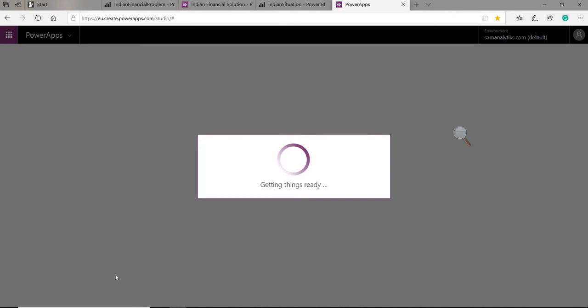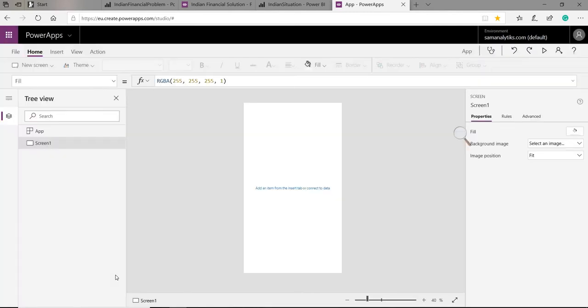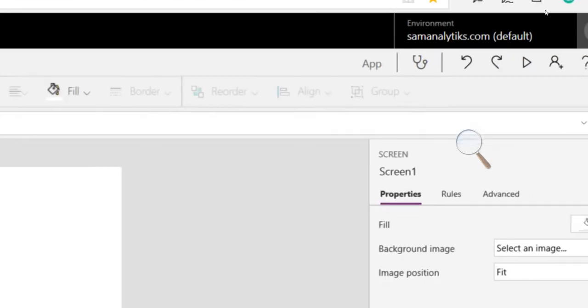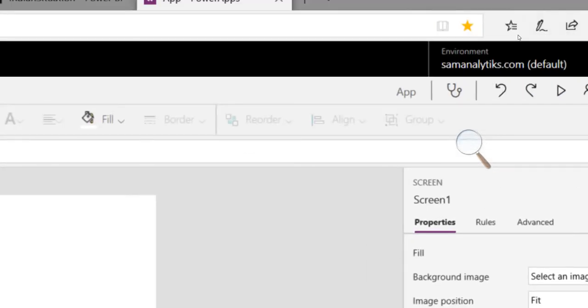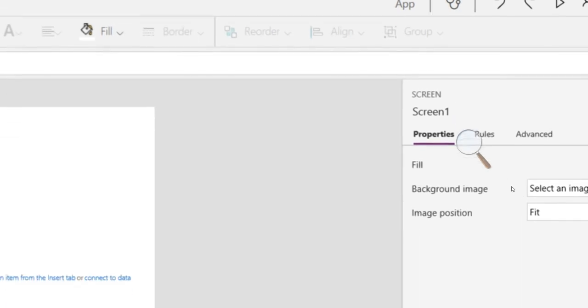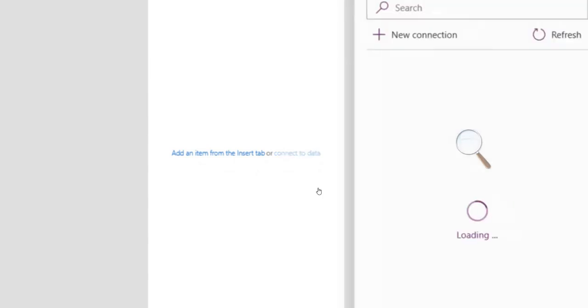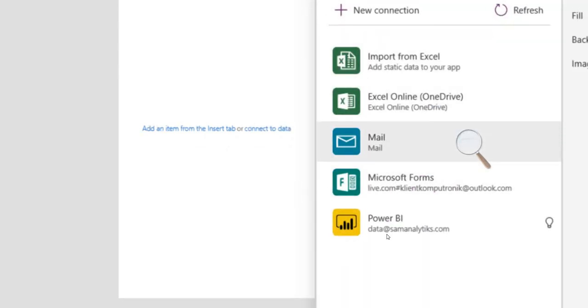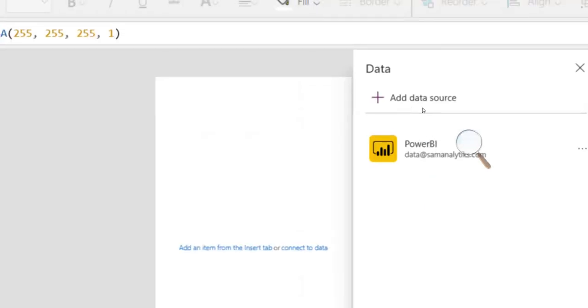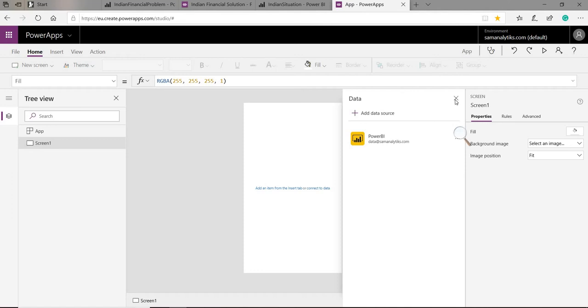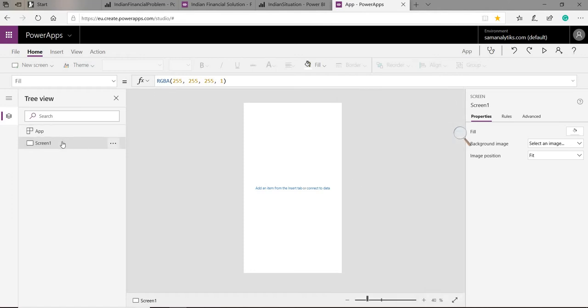And once I press the phone layout, notice my Power Apps window automatically gets open, and I have the environment, which is the samanalytics.com. That is the environment I'm actually working upon, and I have the screen empty or blank given up in here, and the tree view containing this. So the first thing, whenever you apply that, you always connect to data, and in that I have this particular previous data sources, and the current data source is the Power BI. So once I click it, it will show up in here, and I will cancel it,